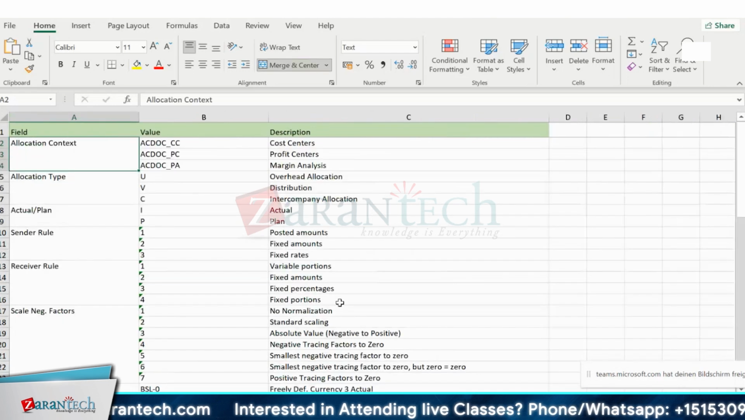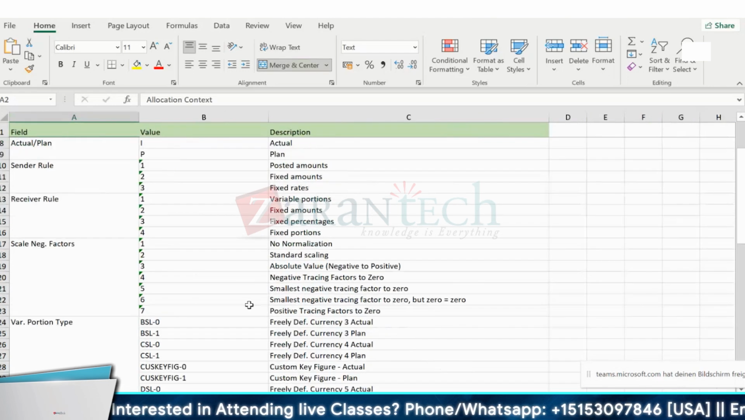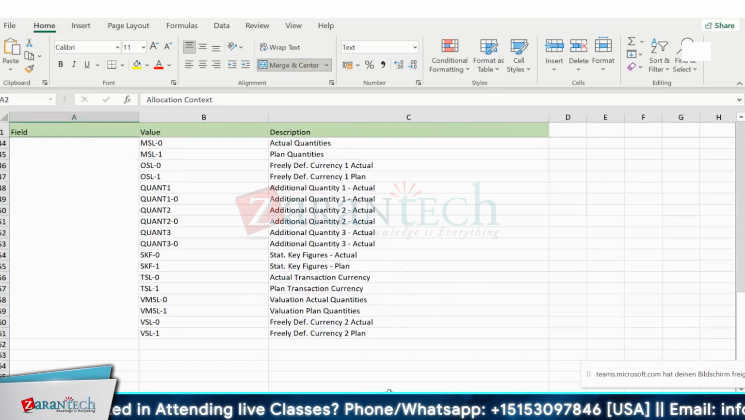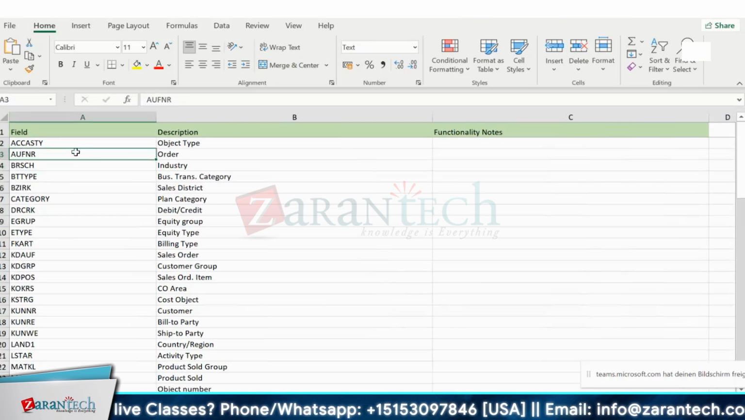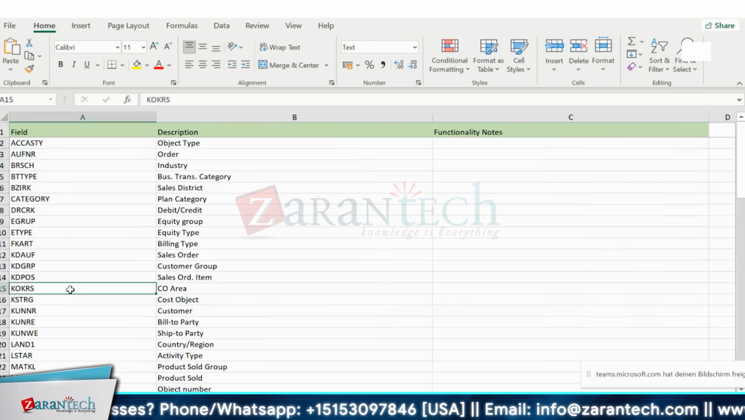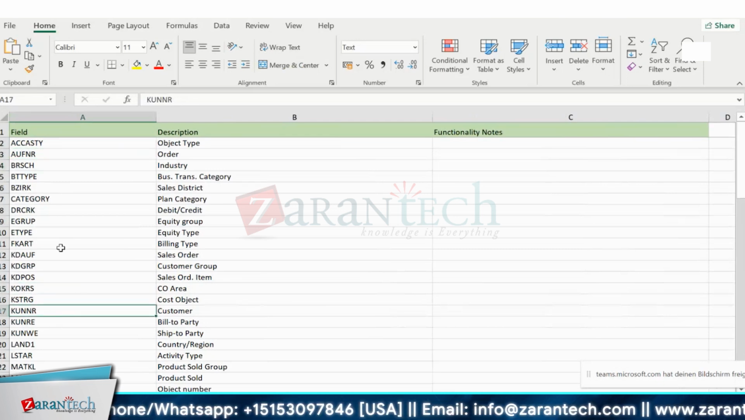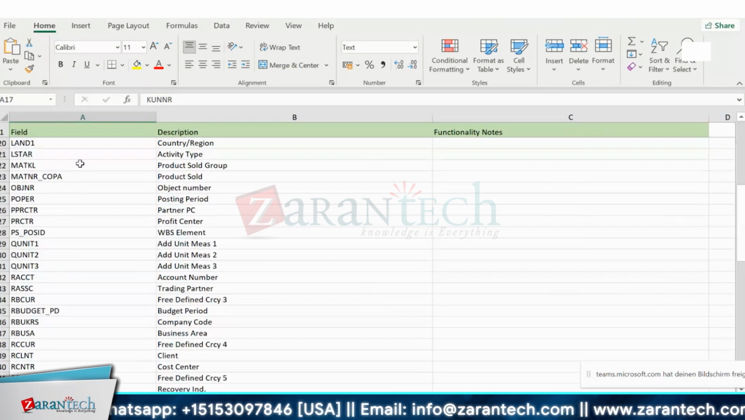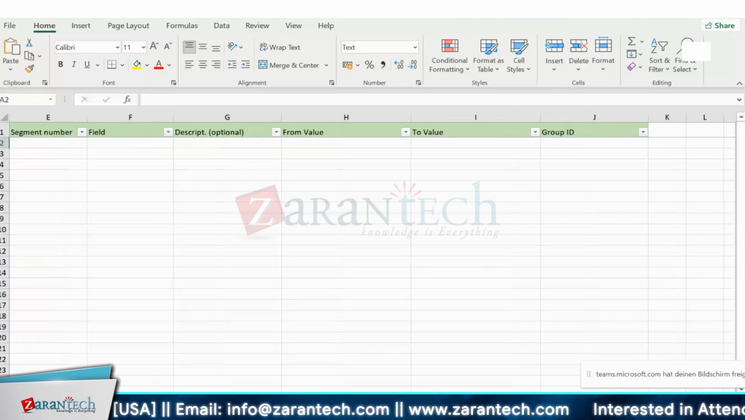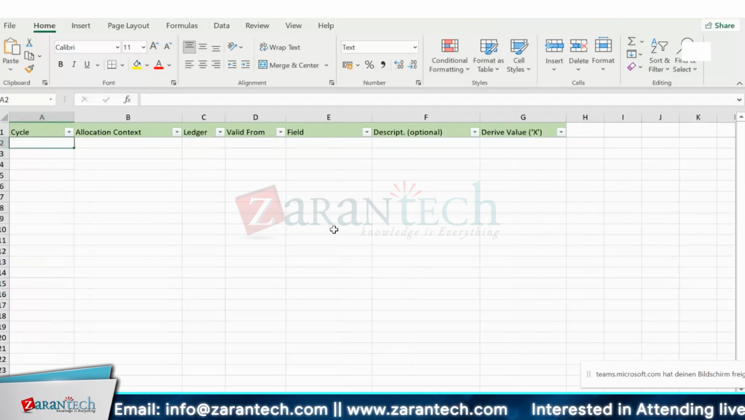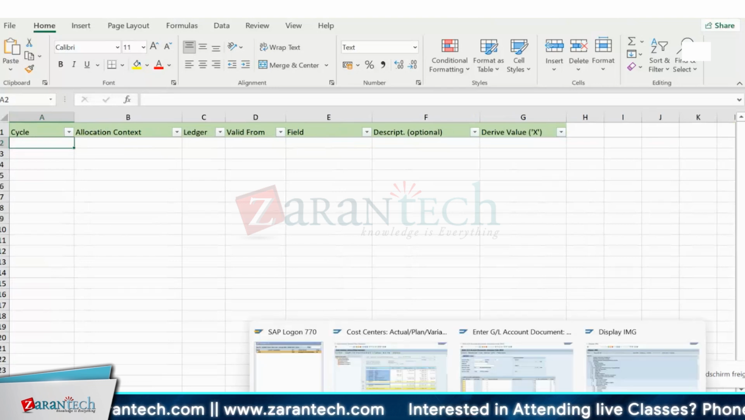Derivation rules are not used. So all the descriptions, like here, what are all the fields you can use? For cost center, you have to use this field. Order, you have to use this field. Cost center, we have to use a different field, like that. Customer, all the fields they have given to fill the data, but they have not given an option to enter the percentages or something, right? In the cycle, we have the option to,